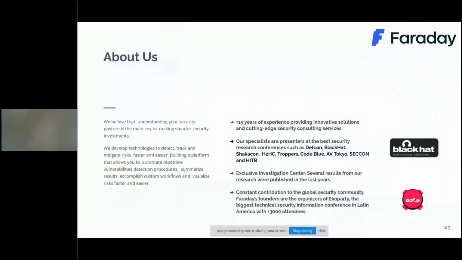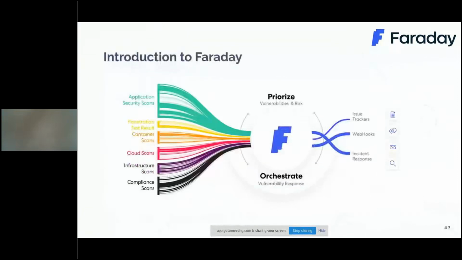So we're going to all of those events. We were global sponsors before the pandemic hit, and we organized our own event in Argentina called Echo Party, which is really cool. So if you guys can ever make it down there, highly recommended. And so we originally started making Faraday for our team internally, and we hated writing reports, so we wanted something to help with that. We've developed it a lot since then,